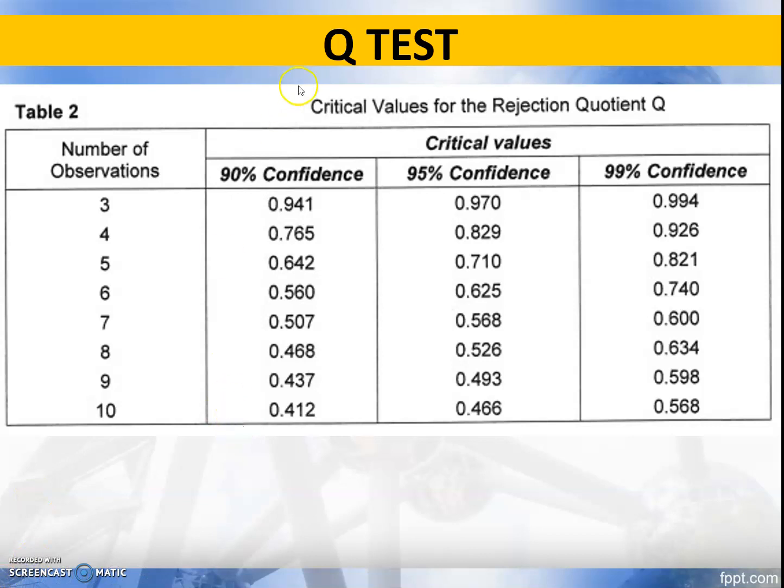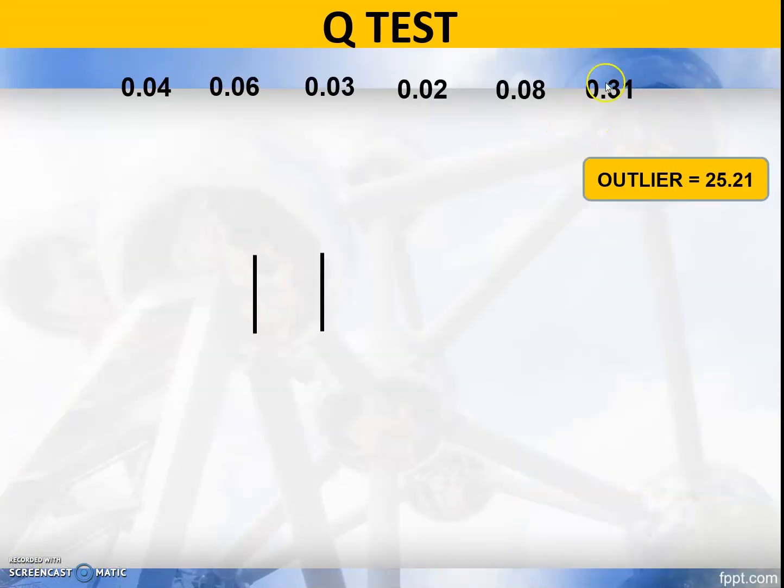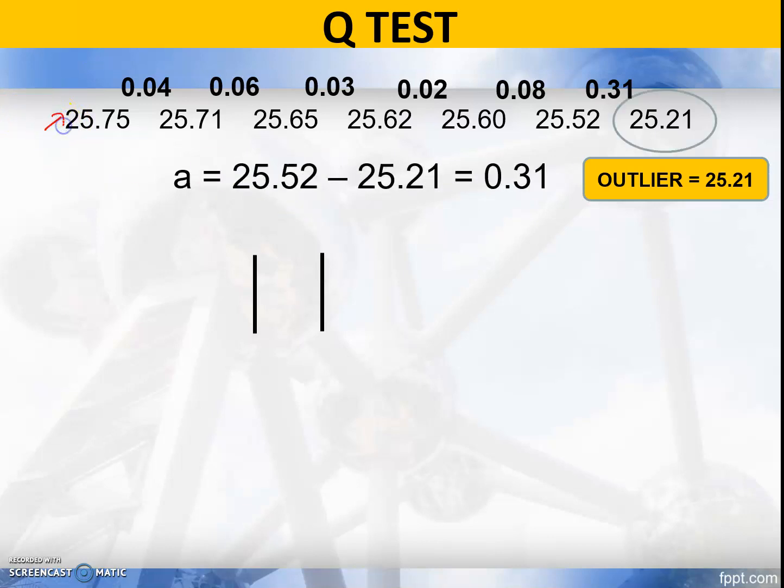Okay, the important part for Q-test: you have to look at the number of observations, the number of samples, and the percentage confidence. Okay, percentage confidence is given in the statement of the question. Number of observations, you look at the question, how many samples. Okay, please after you arrange the values, you find all gaps. Can you example this one value from the question. Okay, so